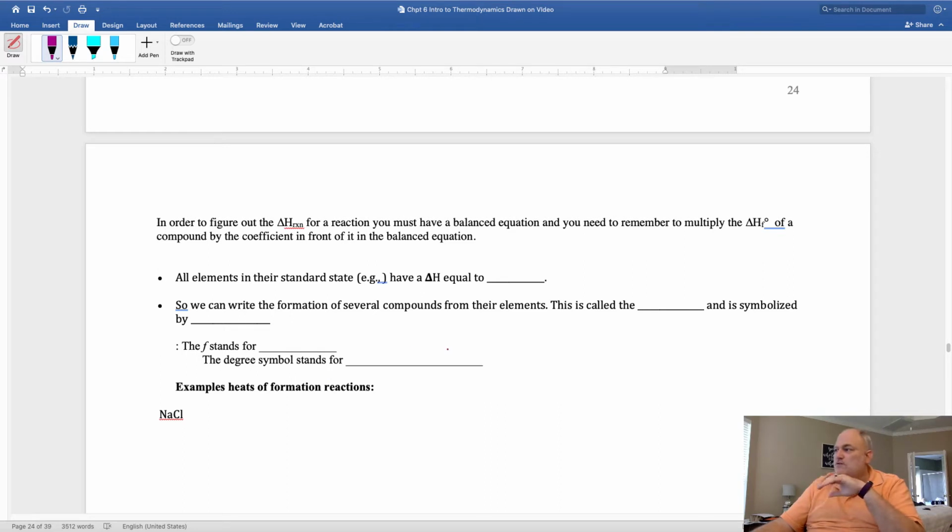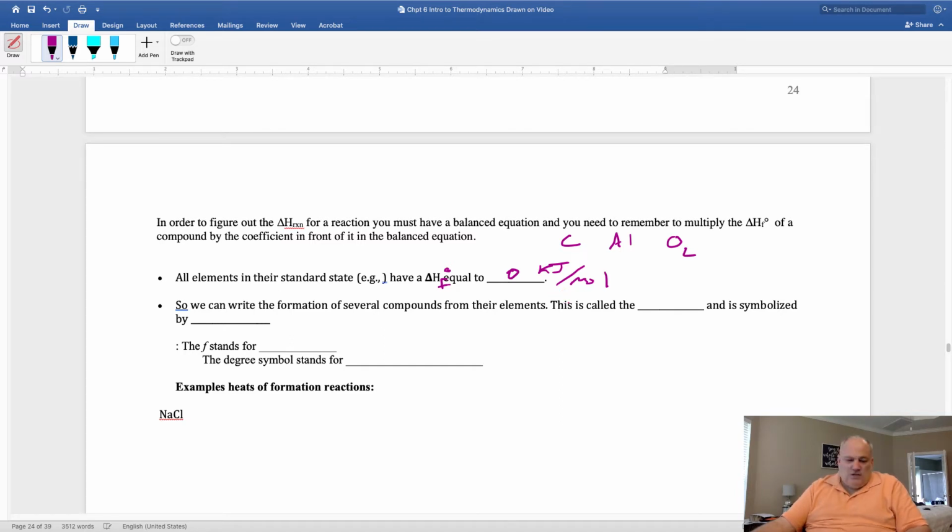What you should know first is that whenever you have an element by itself, let's say carbon or aluminum or even a diatomic molecule like O2, all of those have a change in H of formation of 0 kilojoules per mole. And by the way, this is poorly written because it should read change in HF. You're never going to see an element by itself that has anything other than 0